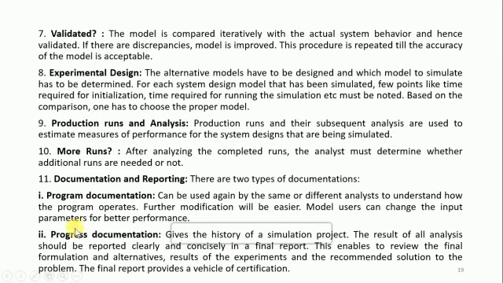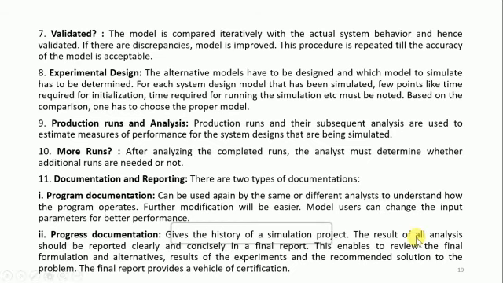We can also have the progress documentation. This will give the history of the simulation project. This will provide how the simulation project was started, how it progressed, what has been done at each step, everything.